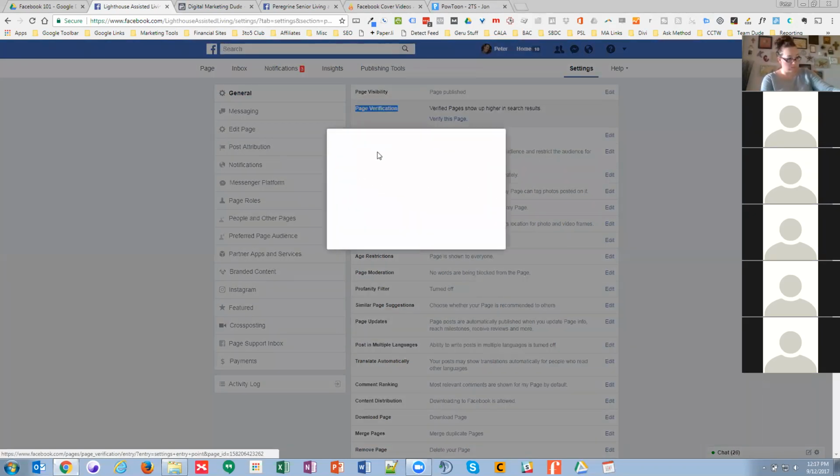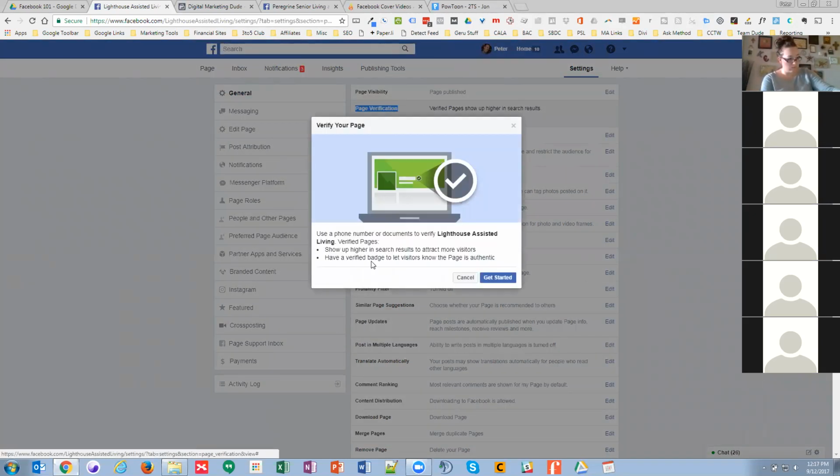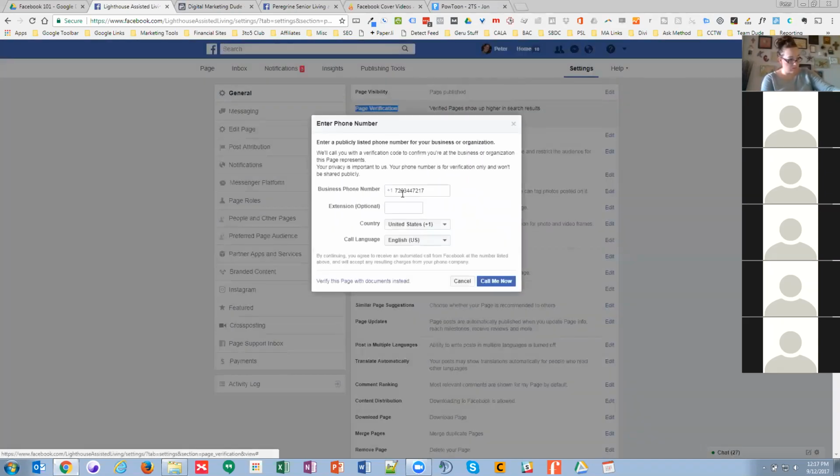So the benefit of verifying the page is that Facebook gives your page a little more priority because it's verified. And you get a little check mark badge on the page that says it's authentic. And typically what you have to do is put in your phone number and have it call you. So Facebook calls you and gives you a code